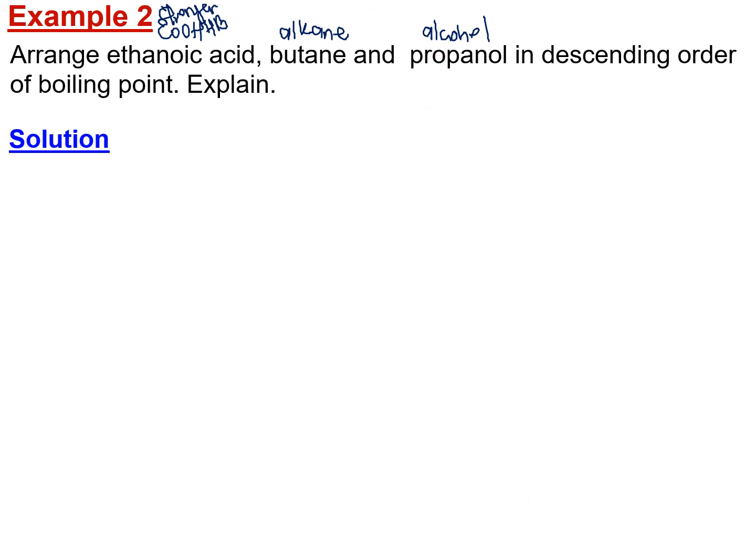Alcohol pun dia ada hydrogen bond type of intermolecular forces. And then intermolecular forces of alkane pula ialah van der Waals forces, which is yang paling lemah sekali. Dia suruh kamu susun in order of descending kan, menurun. Kiranya mesti you kena susun daripada boiling point yang paling besar ke boiling point yang paling kecil.